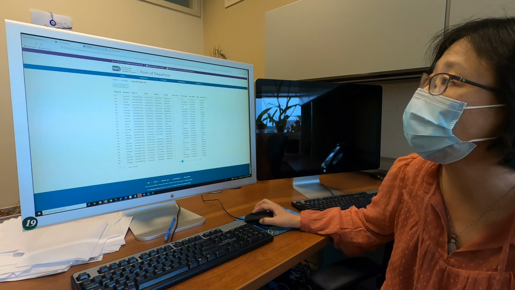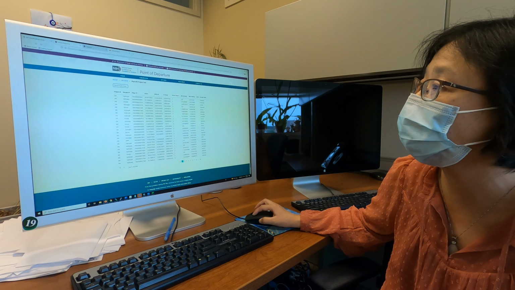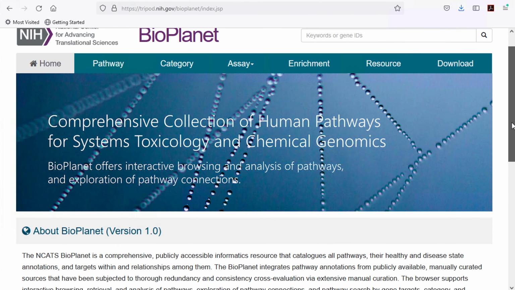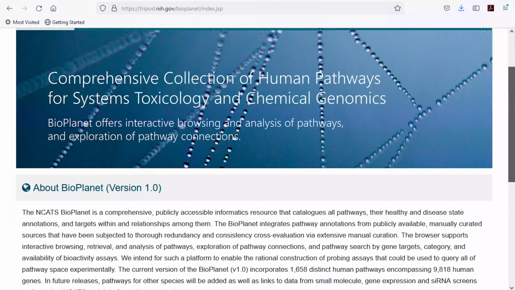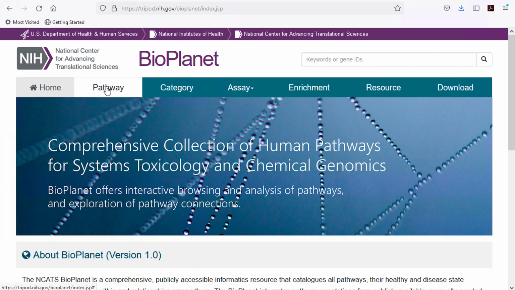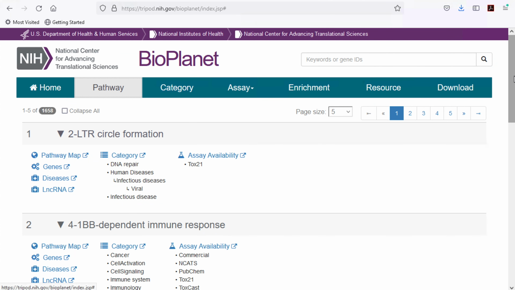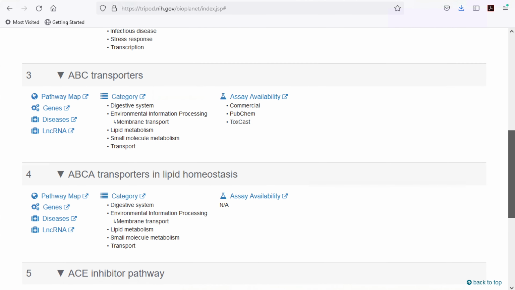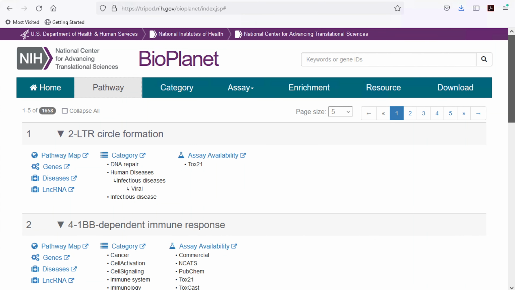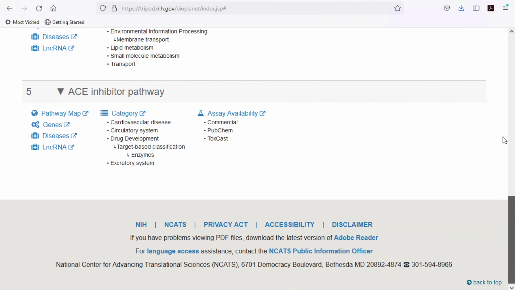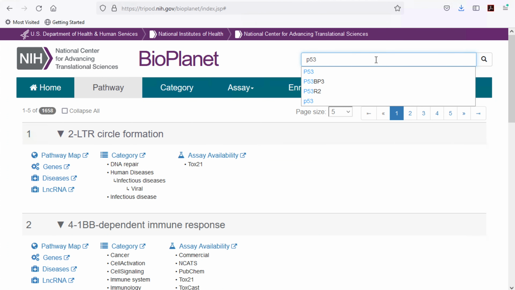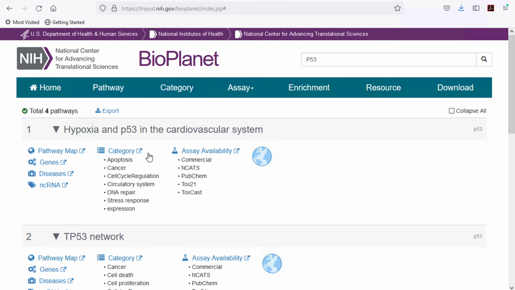To help with the data analysis, we also developed what is called the BioPlanet. This is a database of all the human pathways. Currently the database has around 1,700 manually curated human pathways. You can browse the pathways. Under each pathway, we provide the genes and disease relevance, and also assay availability for a particular pathway.